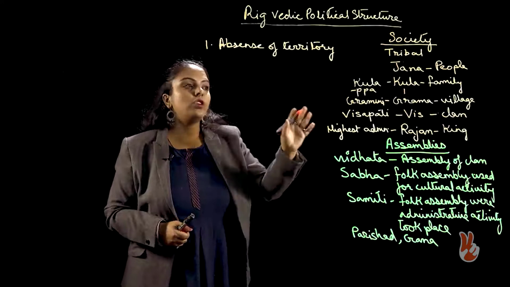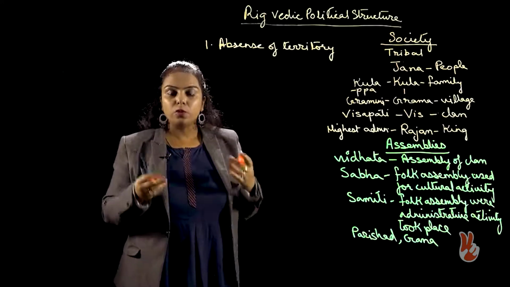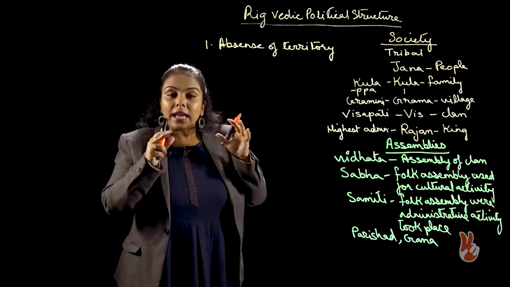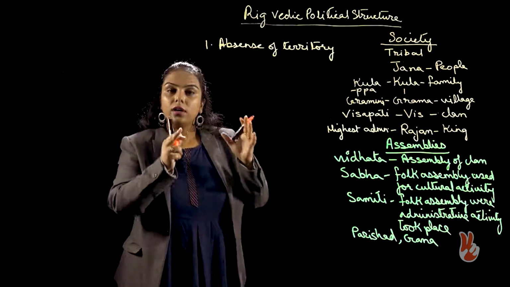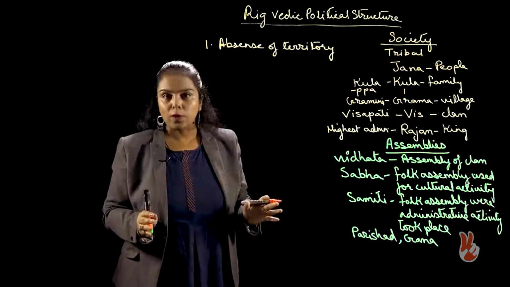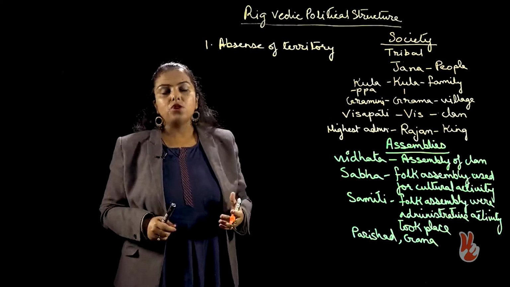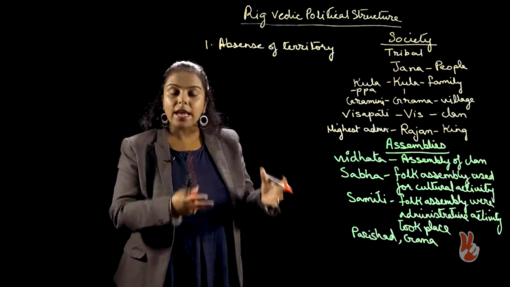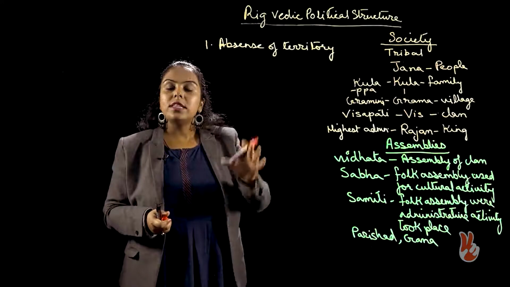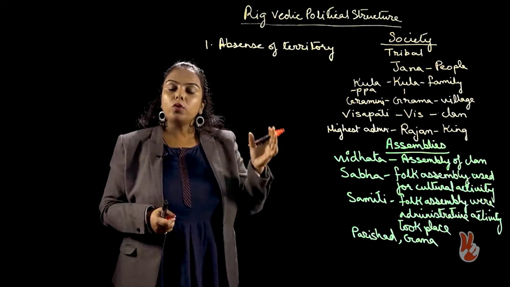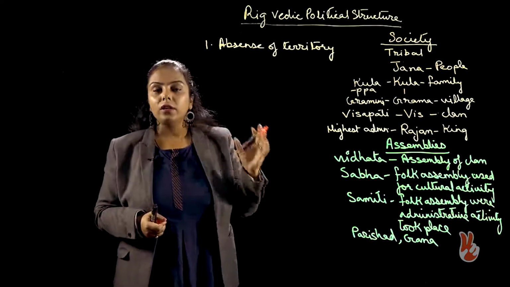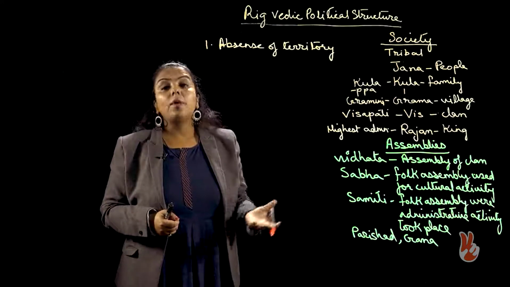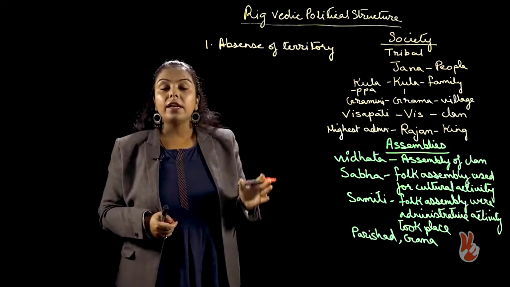What we read about is Jana. Jana was a nomadic tribe which moved from one place to another in search of land. As such, assigning a territory to such a group of people was not possible. So, in the Rig Vedic age, the territory was named after the clan. So, we come to read about the clan instead of the name of the territory. Like in the later Vedic age, we will read about Gandhara, Magadha, Kashi, but in the early Vedic age, we will